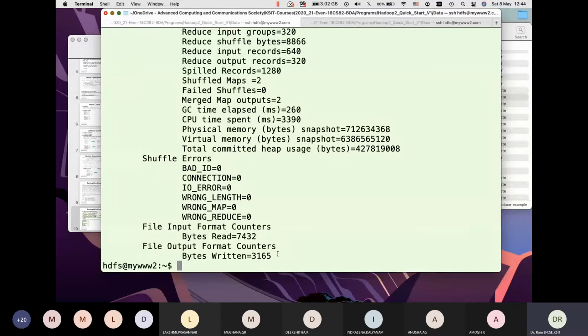And our counter should double up. So let's look at the directory we created, word count out2.